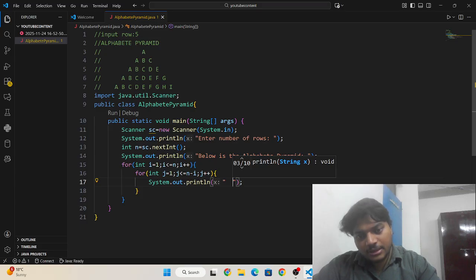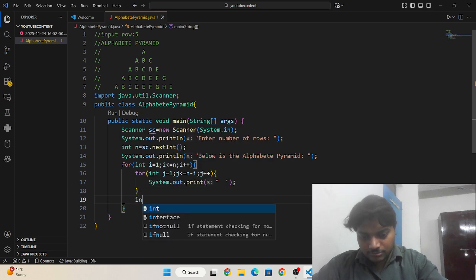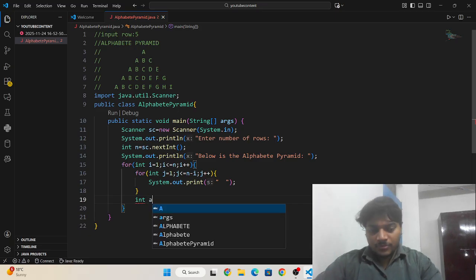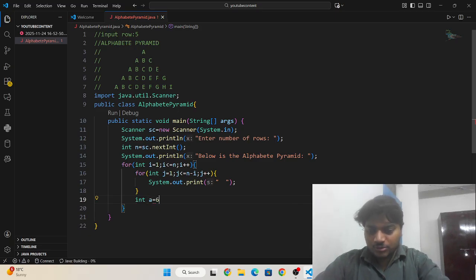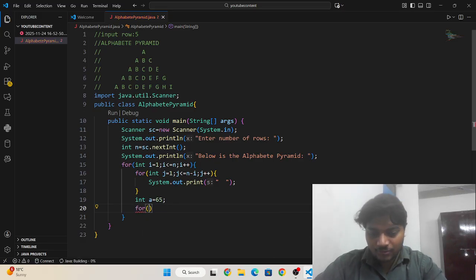So I need to write here a space, and I need to remove this ln. After that I need to initialize a variable a which is going to store a value starting from 65. And I need to write again a for loop which is going to print the alphabet in each row.